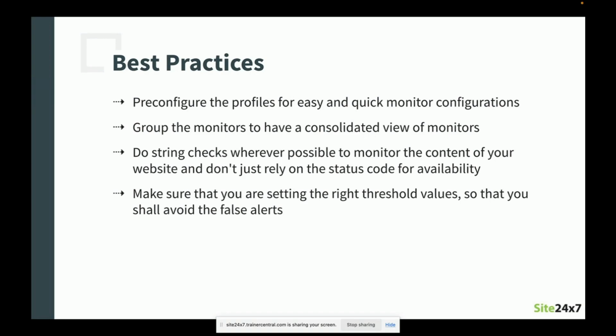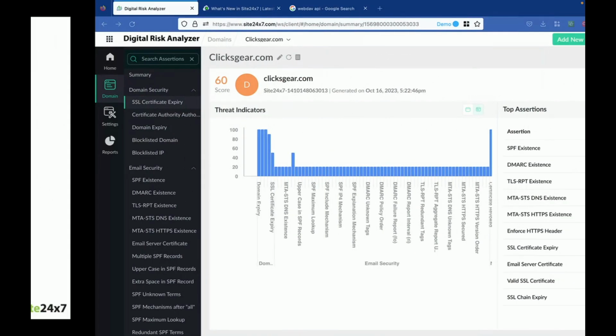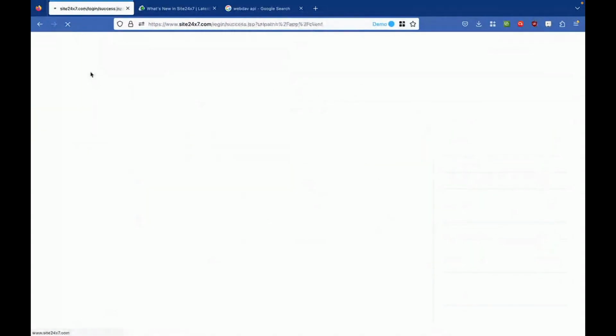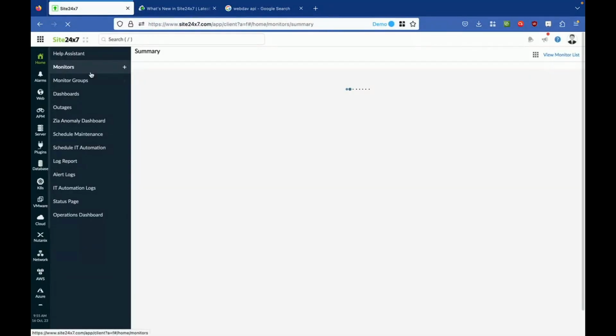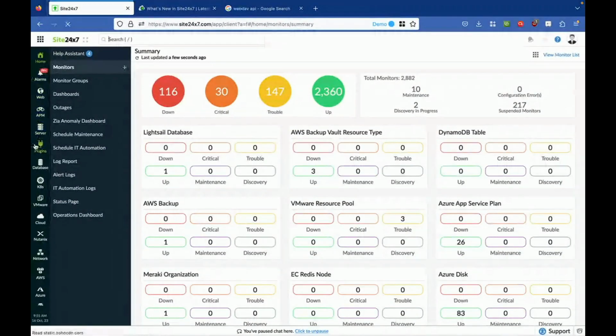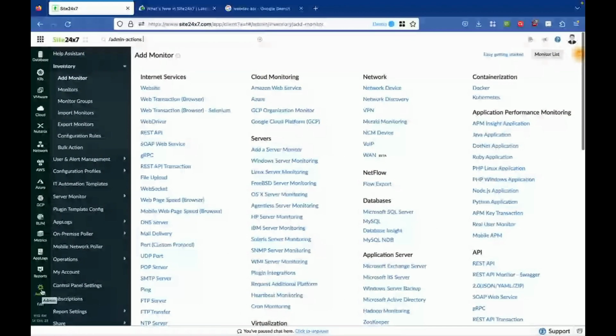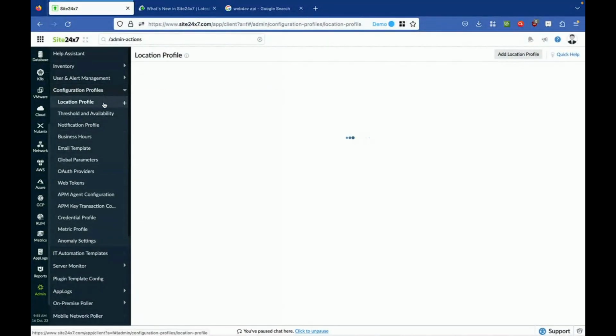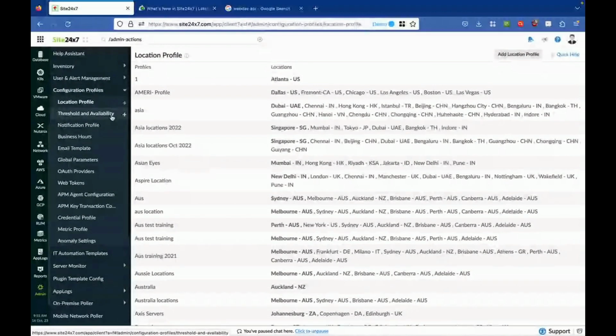Let me show you how you do that. So let's go to Site24x7 again. So go to Admin, and we have the configuration profiles. So we have location profile, threshold and availability profile, notification profile. Click on the plus icon. You get to add a new location profile. All the location profiles that are created in your account will be listed here. So similarly, threshold and availability,